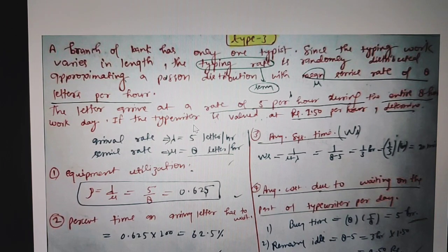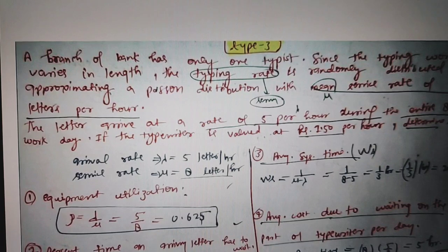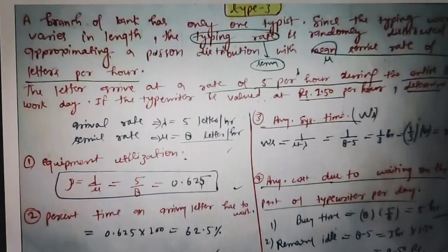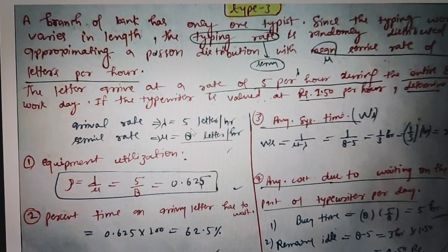If the typewriter is valued at rupees 1.50 per hour, we have to determine some things on the basis of this record. So first we have to find out the values of lambda and mu here. The equipment utilization factor is rho, so rho will be lambda by mu. What is the arrival rate? The arrival rate is given as 5 letters per hour, so it will be 5, and the service rate, that is mu, is equal to 8 letters per hour, so the utilization factor will be lambda by mu, which will give